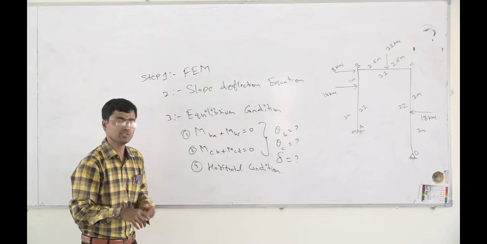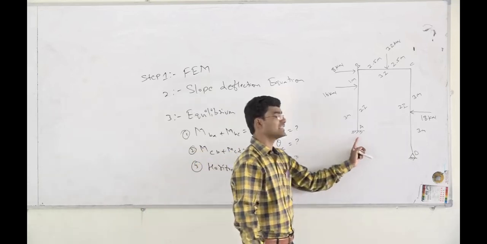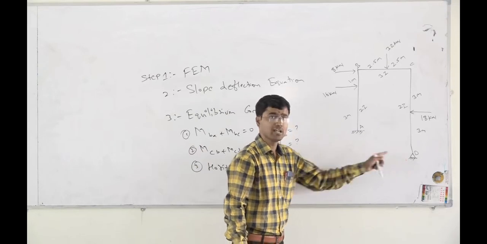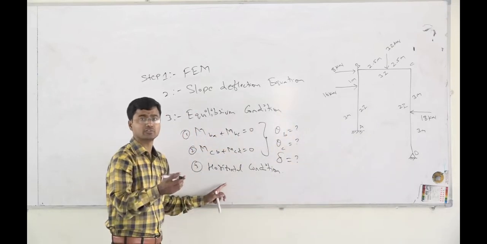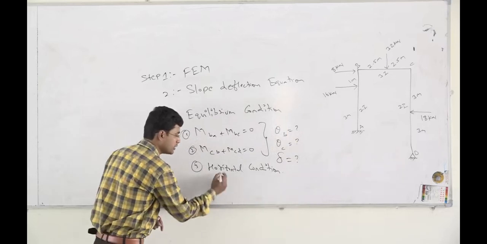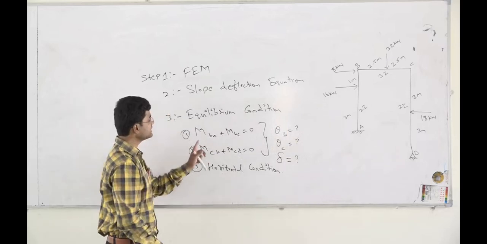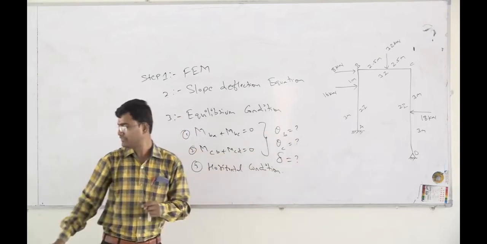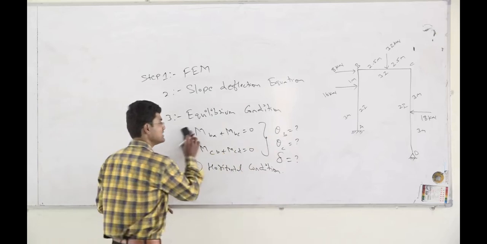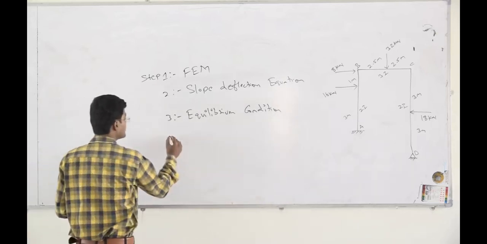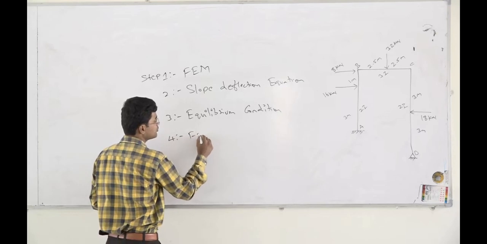How do we take it out? For shear, we have to calculate the horizontal forces HA and HD, and add all the horizontal forces. Using these horizontal forces, you can find one more equation. This is your third equation. Now using these 3 equations, you can find the 3 unknowns. Once you are done finding the 3 unknowns, what is our next step? Step 4 is substituting, to find our final end moments.